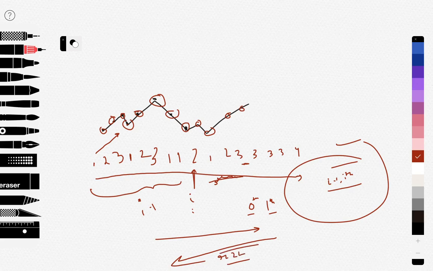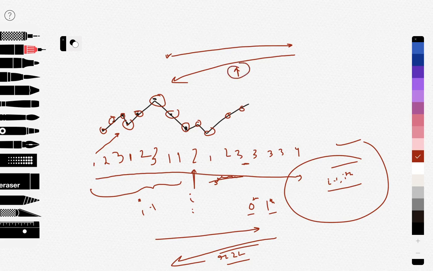So we can just think that we have divided the problem into two different subproblems, going from left to right and from right to left. Whatever answer we get from left to right is with respect to the very first element, and the answer is correct. Whatever answer we get from right to left is also correct. And let's say we choose any point.